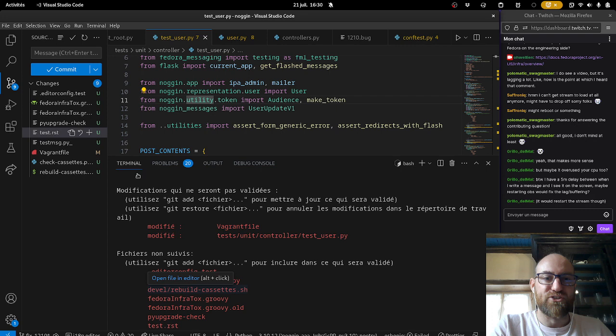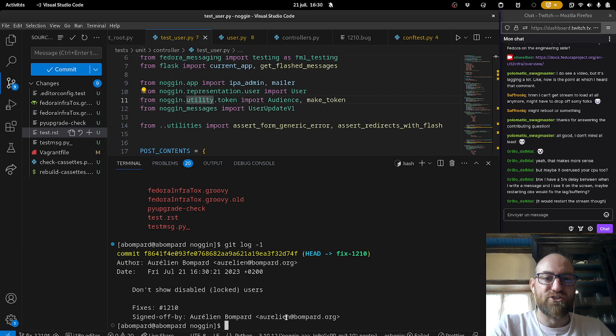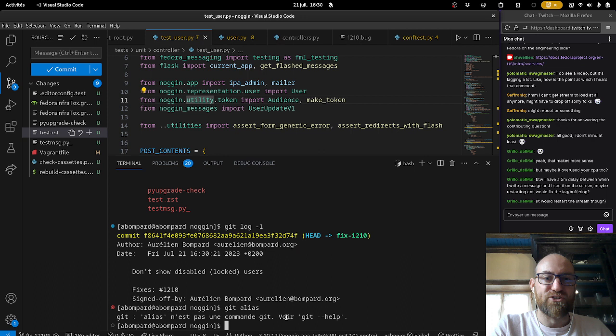Okay, cool. So now I have a commit that contains my fix, and I want to send that to my fork. For that, I have an alias. I don't know if you can show aliases with Git. No, maybe not.